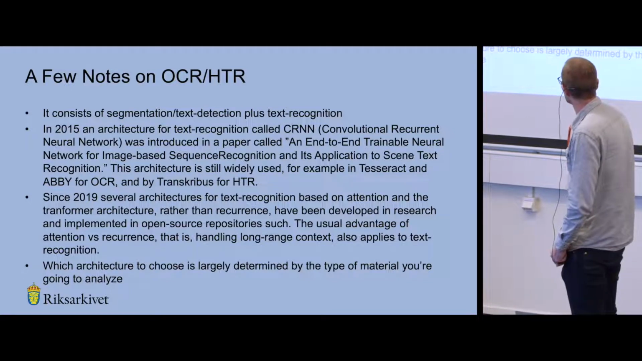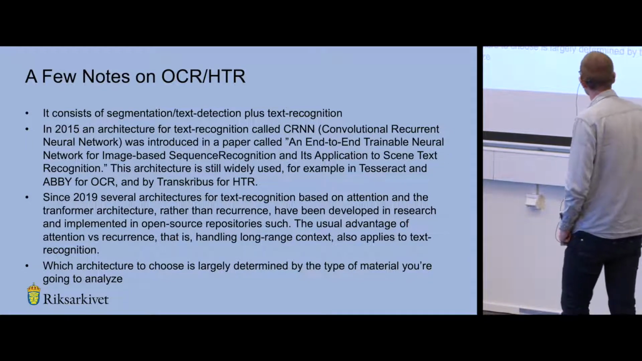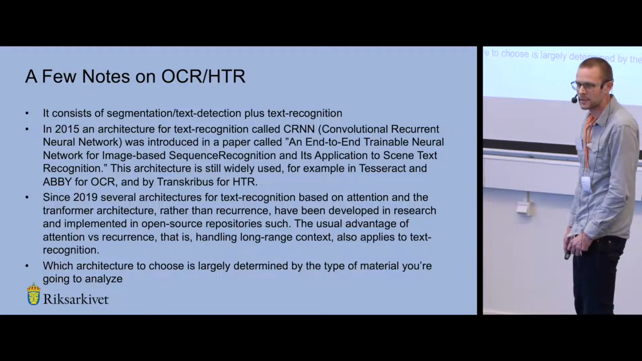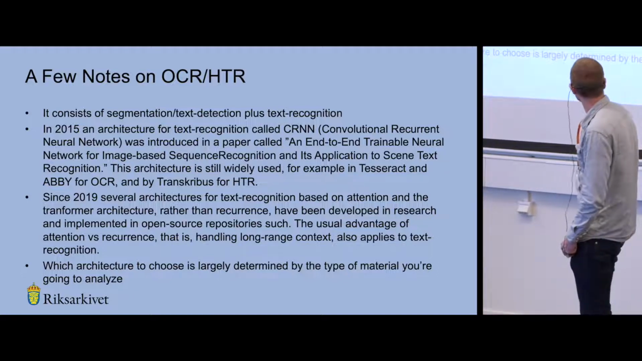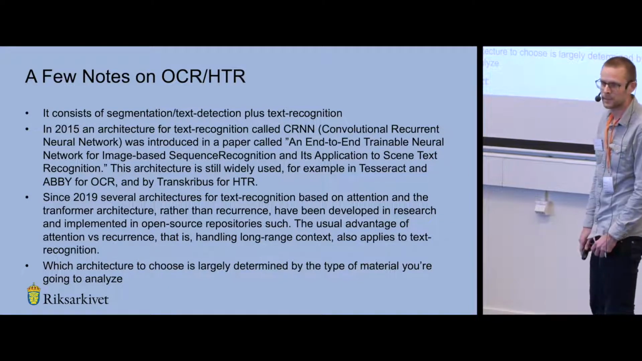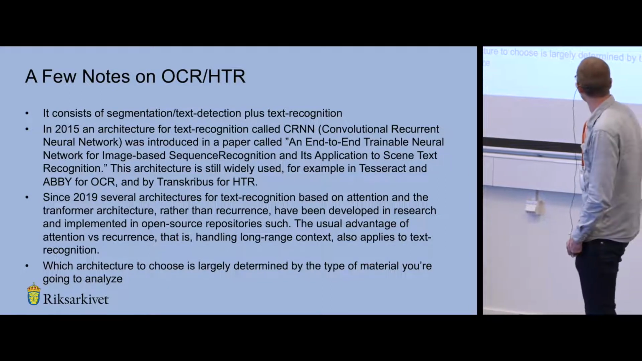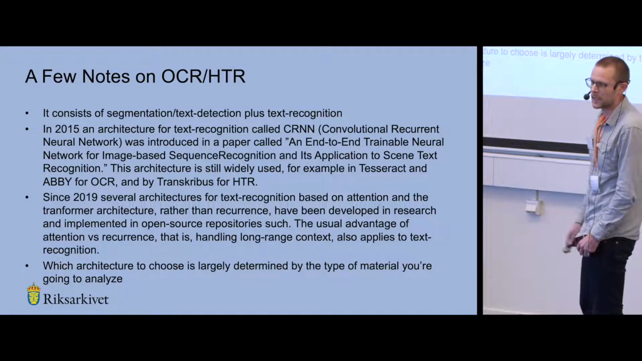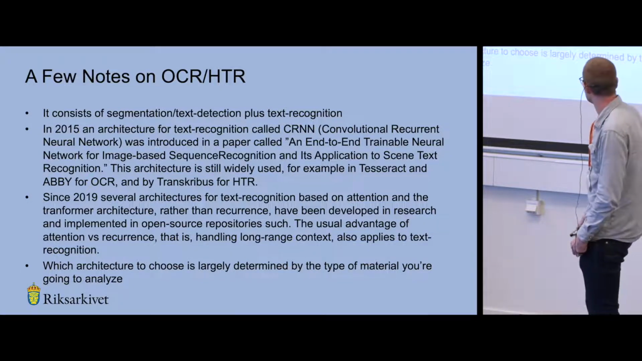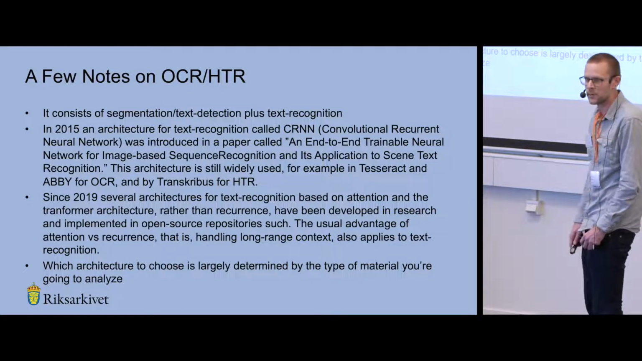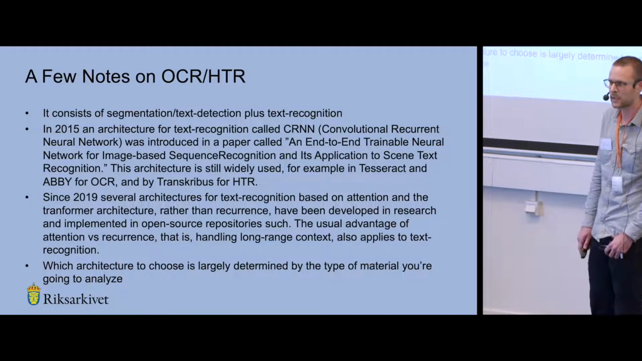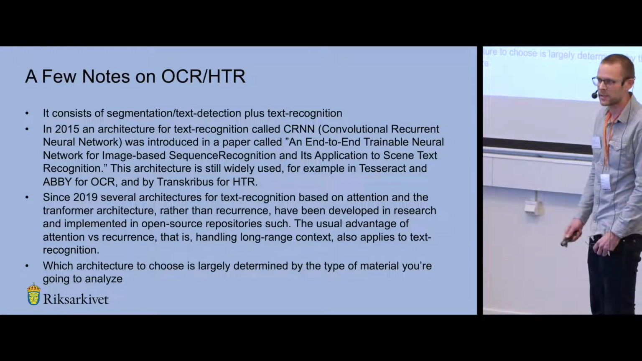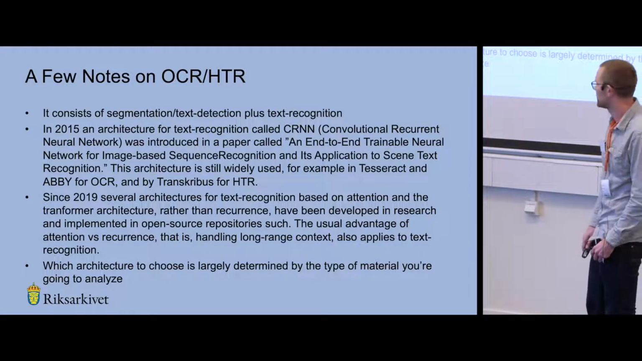A few notes first on OCR and HTR. It consists of segmentation or text detection as a first step, and then text recognition. Models nowadays usually do text recognition on text lines. If you've got a running text page, for instance, you need to segment it into text lines first. And if you've got a form or a table, you need to segment it into fields and then do text